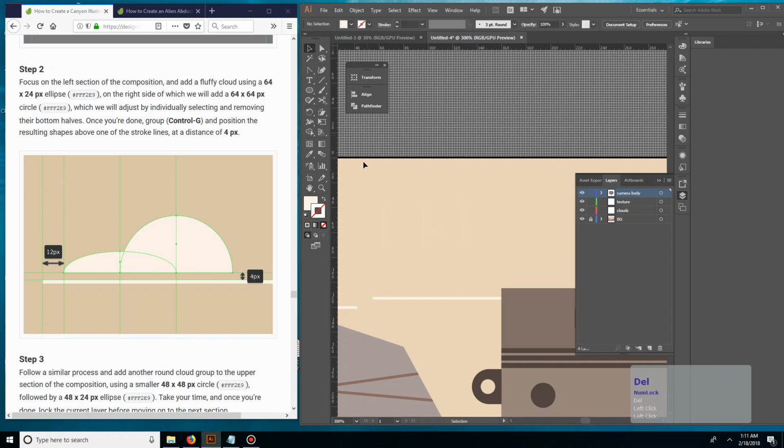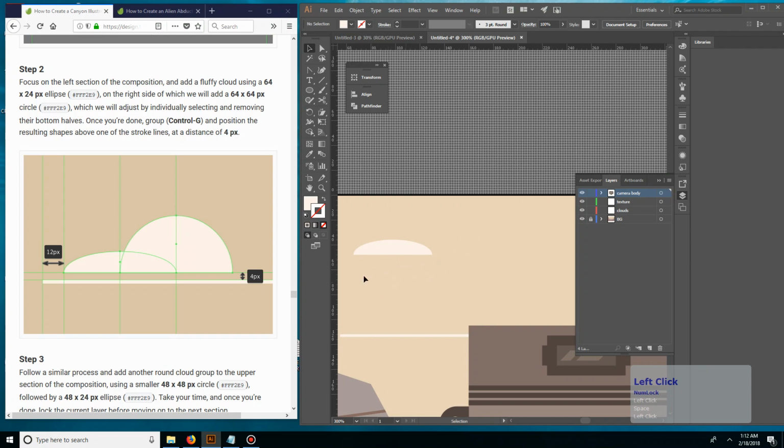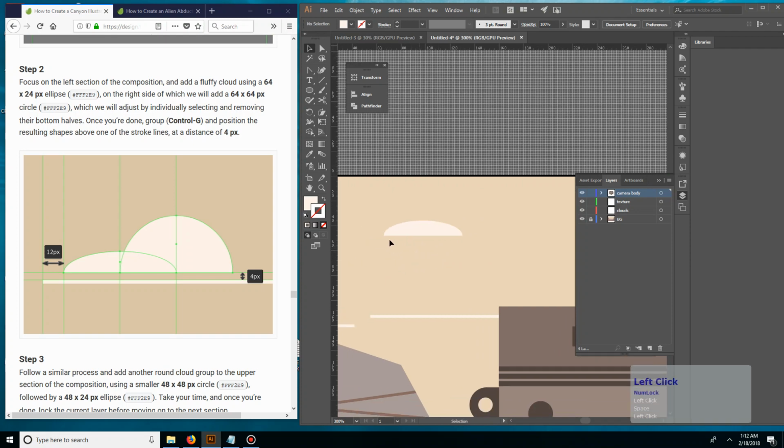Let's see. I guess we can just delete that bottom anchor point by using our direct selection tool, highlighting over it, and then pressing delete. But I don't like to leave things unjoined, so I will select those 2 points, connect those endpoints,